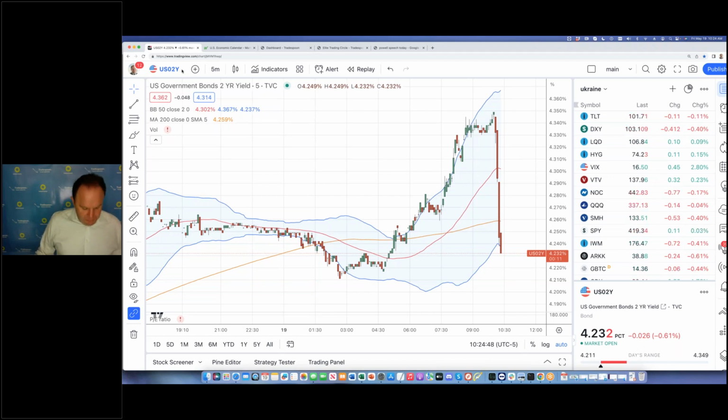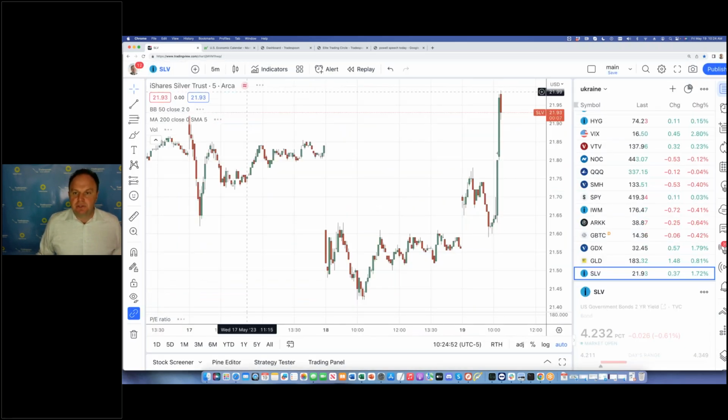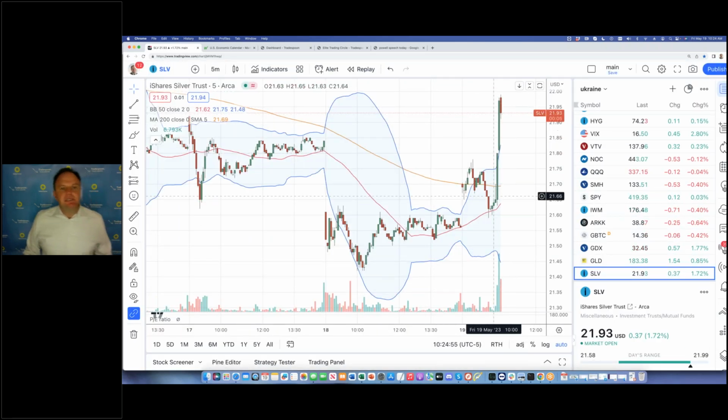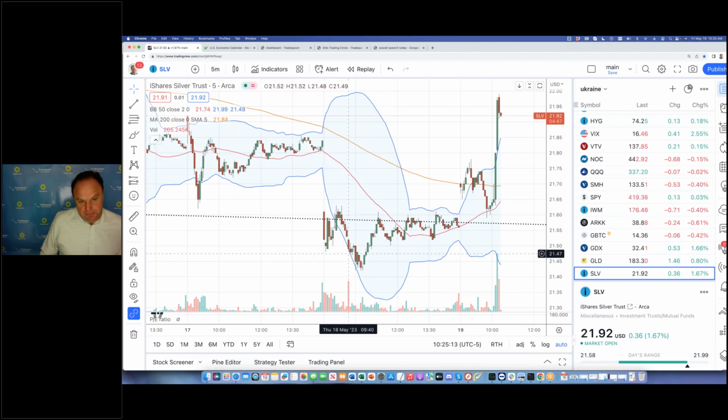Silver, gold moving too. Well, in theory, silver should go up, right? Silver is extremely sensitive to the dollar. The dollar is extremely sensitive to the debt ceiling, right? The dollar is probably going to break down if the U.S. is going to default on its debt, right? So everybody kind of knows about that. So you're going to have these gyrations until they reach some kind of a solution.